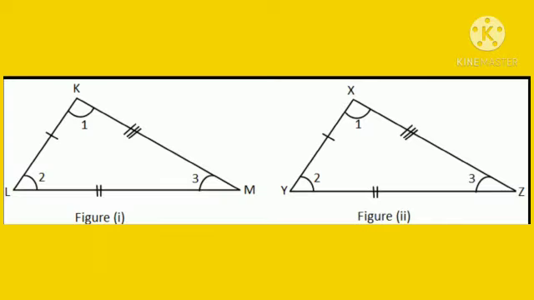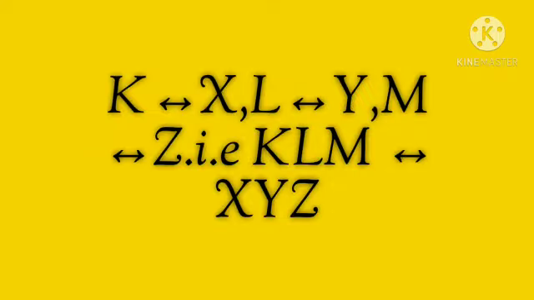For example, in triangle KLM and triangle XYZ, vertex K corresponds to vertex X, vertex L corresponds to vertex Y, vertex M corresponds to vertex Z, and hence KLM corresponds to XYZ. So, triangle KLM is congruent to triangle